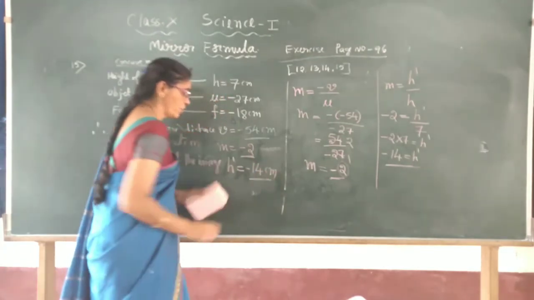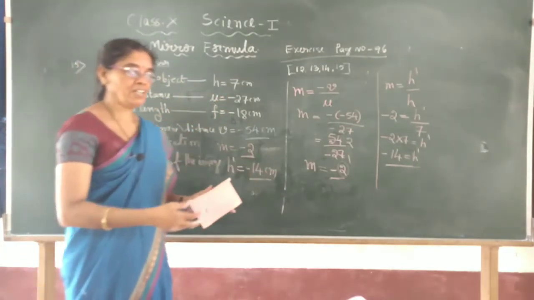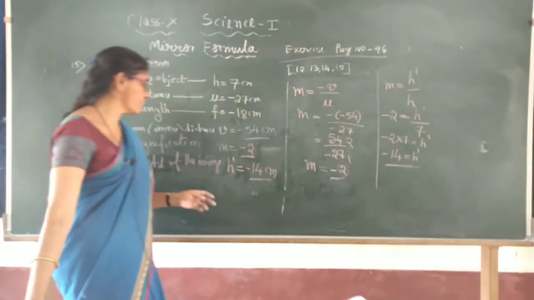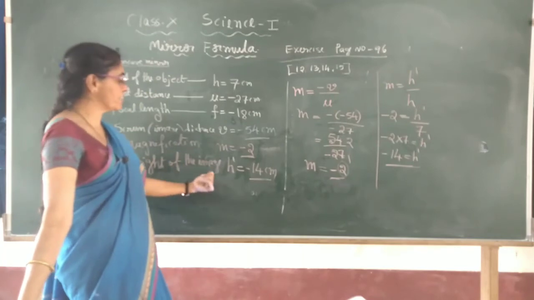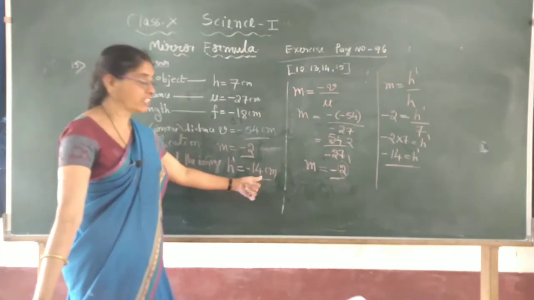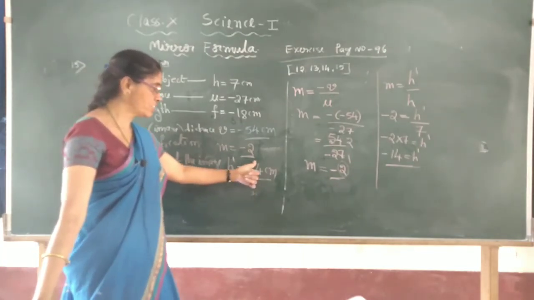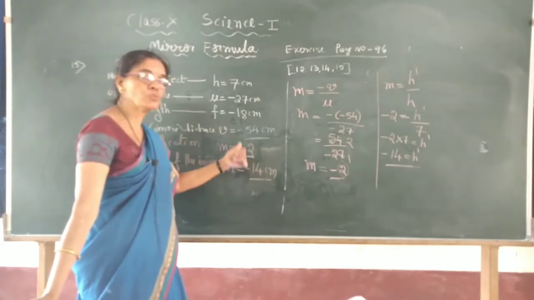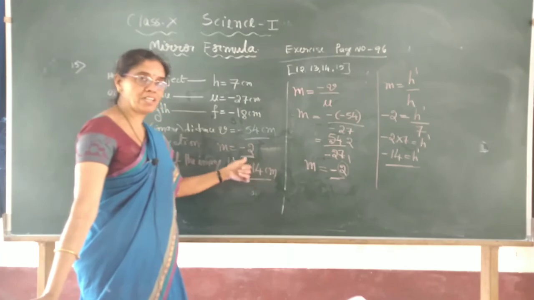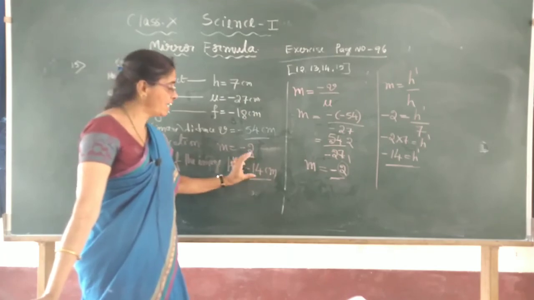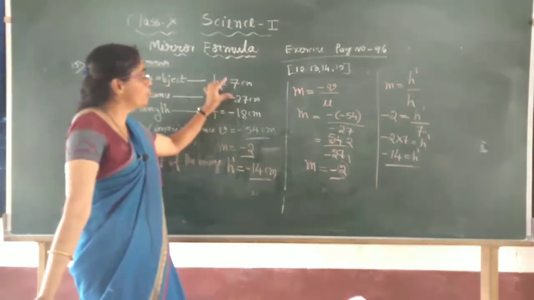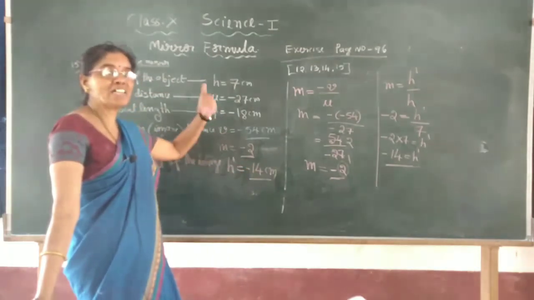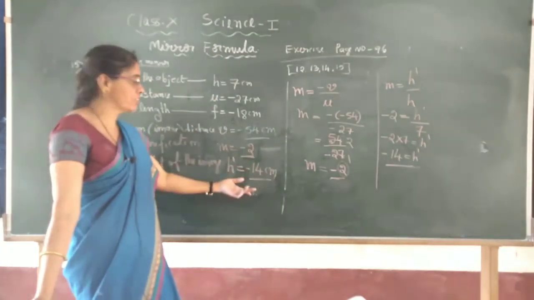centimeter. Now seeing these two, you can write the nature or the size of the image. So the height of the image is 14 centimeter. Ignore the negative sign first. You see the 14 centimeter. Or if you see the magnification, it is 2. So it is an enlarged image and the height of the image is 14. Object is 7 centimeter, but image height is now 14. So it is a magnified, enlarged image.